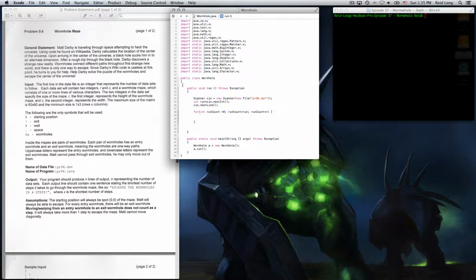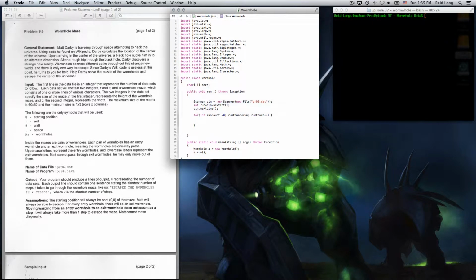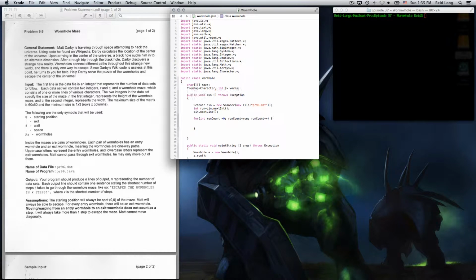So, first thing you're going to do, like all maze problems, is create your char matrix maze. And then additionally for this one, we're going to create a tree map of character integer arrays for our worms. And we also have to get the shortest path, so we'll have the shortest integer stored. Next, we'll just start reading in our data